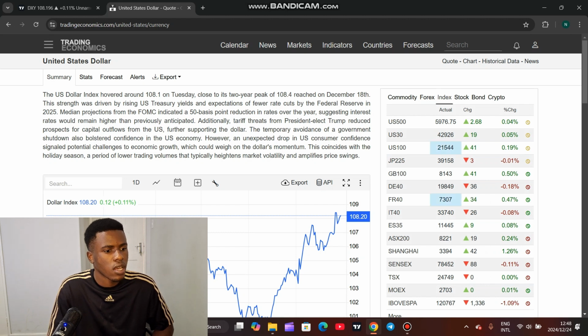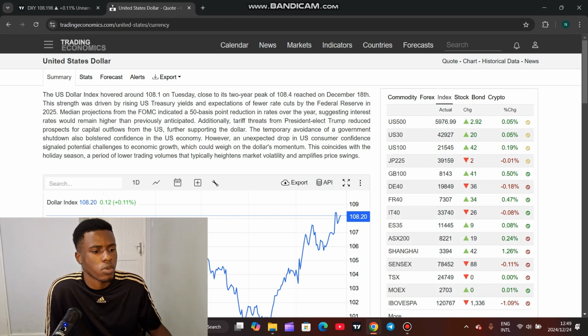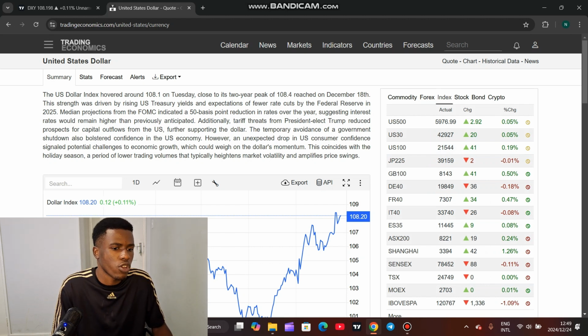the US is gaining a lot of power, a lot of momentum, since we were expecting more rate cuts but we didn't get them, and the Fed is saying that we won't be getting any rate cuts in 2025. Well, we will be getting rate cuts, but not as much as people anticipated. So that's going to be signaling a lot of strength for the US dollar, right? Like I said, you can go and read this on your own if you want more clarity and also other stuff right here.